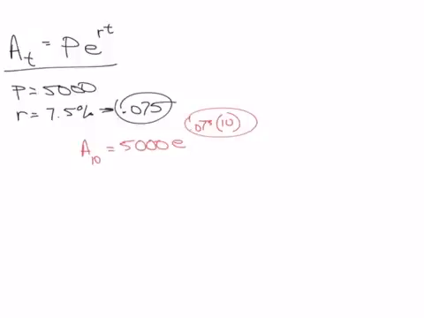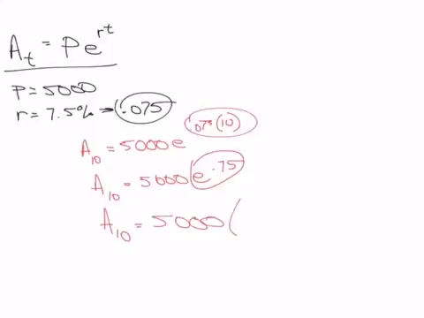So let's see what we can do here. We're going to multiply that first. 0.075 times 10 is going to be 0.75. The decimal place just moved over 1. Now we're going to take e to the 0.75 power. So what you're going to do there, we're given the exponent, so we're finding the anti-log here. So we type 0.75, shift, e to the x key, and we get 2.12. So I'm going to write this again as e to the 0.75 is the same as 2.12, and we multiply that out and we get